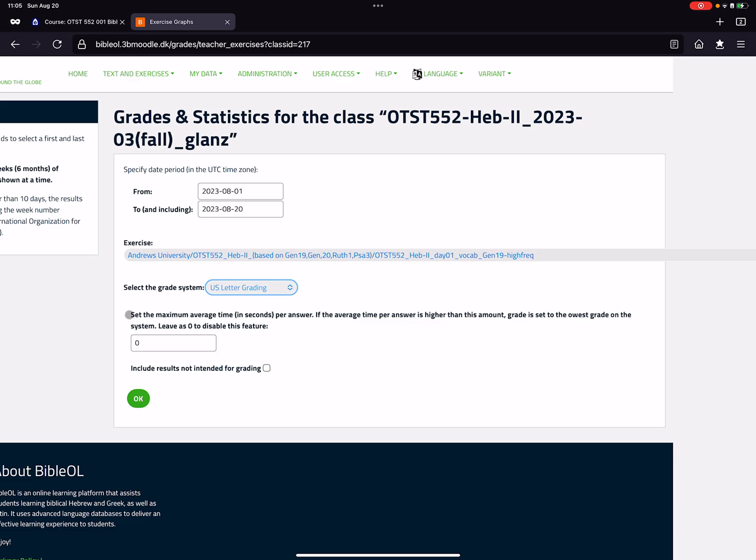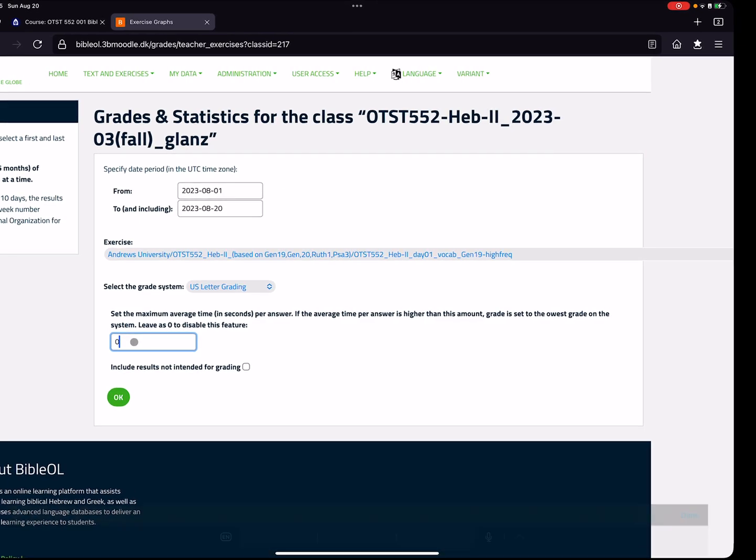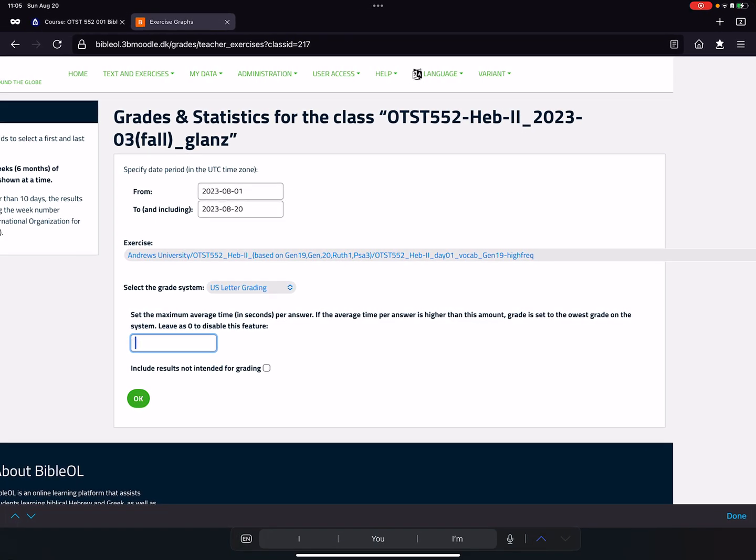And then there's an important next feature that I want you to be aware of, namely you can set a maximum average time per answer. So this is a vocab exercise. That means if you see a Hebrew word, you can define how much time you grant your student to type in the appropriate English gloss for that Hebrew word that they are seeing. Let's say 10 seconds. That's a time frame that I usually select for my students. 10 seconds is just